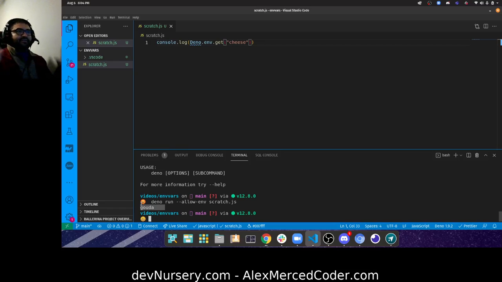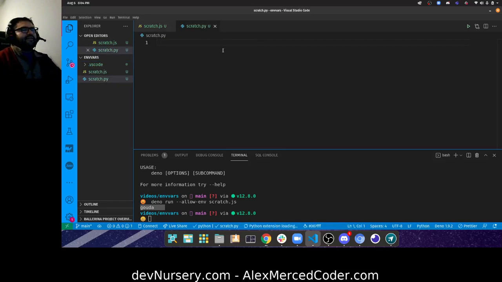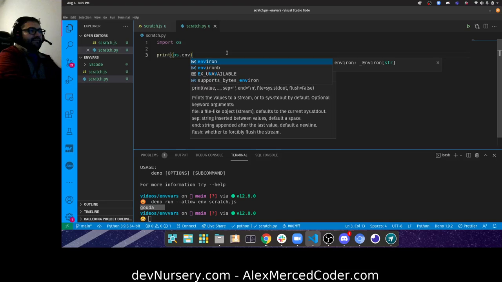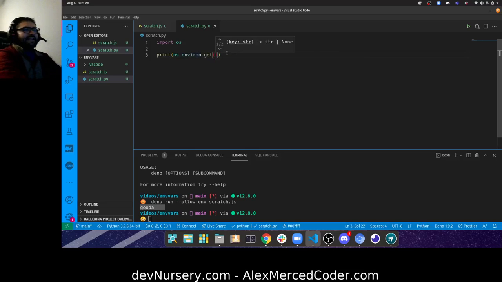Every language, every runtime has a way to access those variables. Let's try a different language. Let's do Python. So scratch.py. Okay, so in here, if I remember correctly, to access the environmental variables in Python, you have to import a library called os, and then let's print, and I think it's like os.environ, there we go, .get. So it's kind of like Deno, where you use this getter function, and then I can say, hey, I'd like to get cheese,